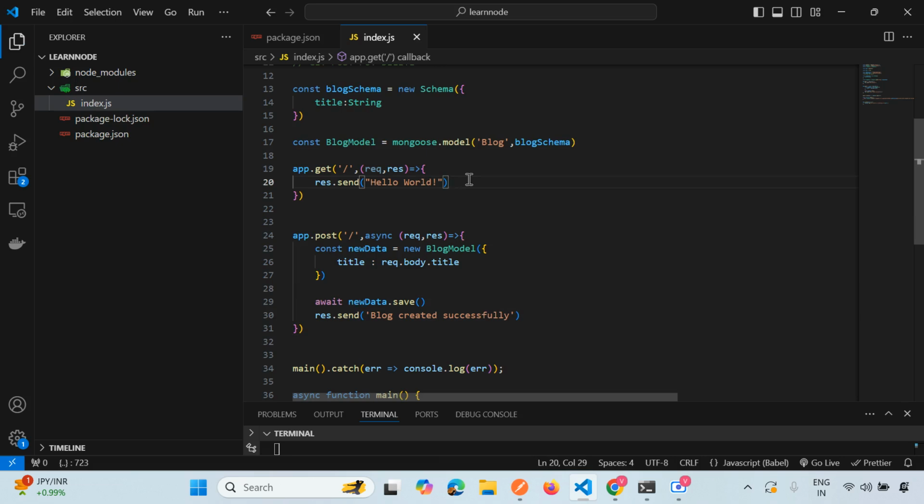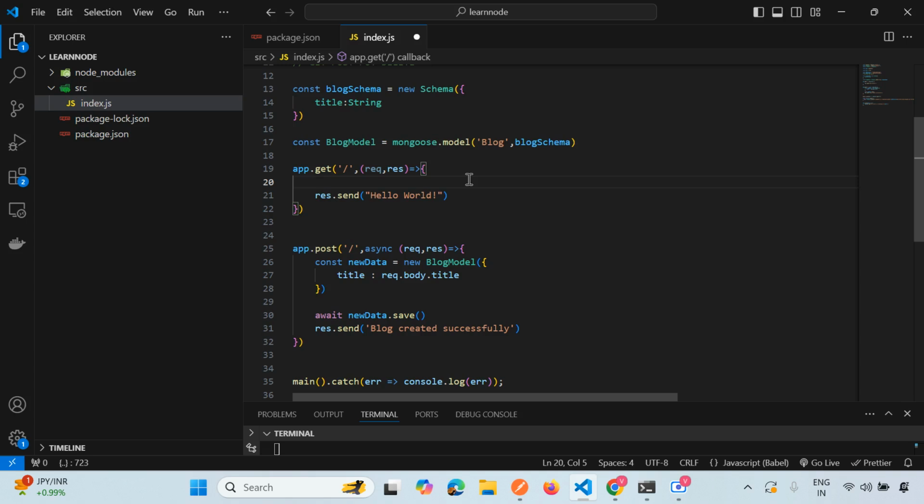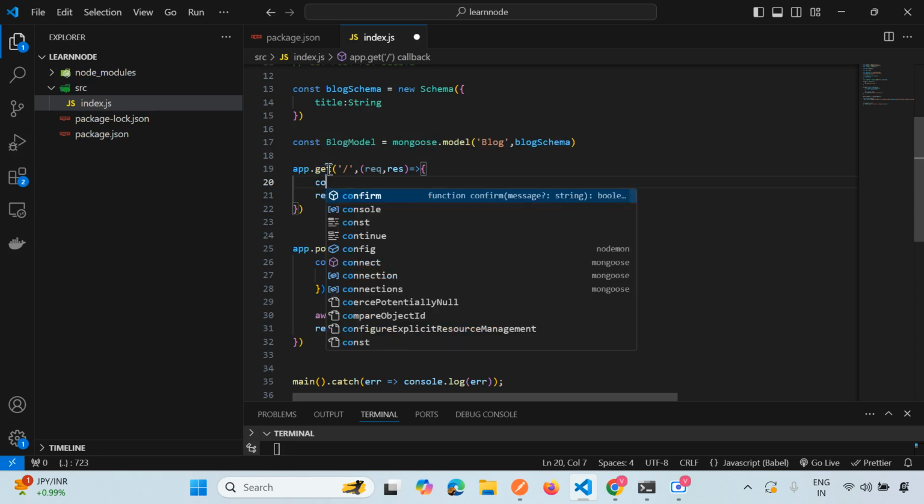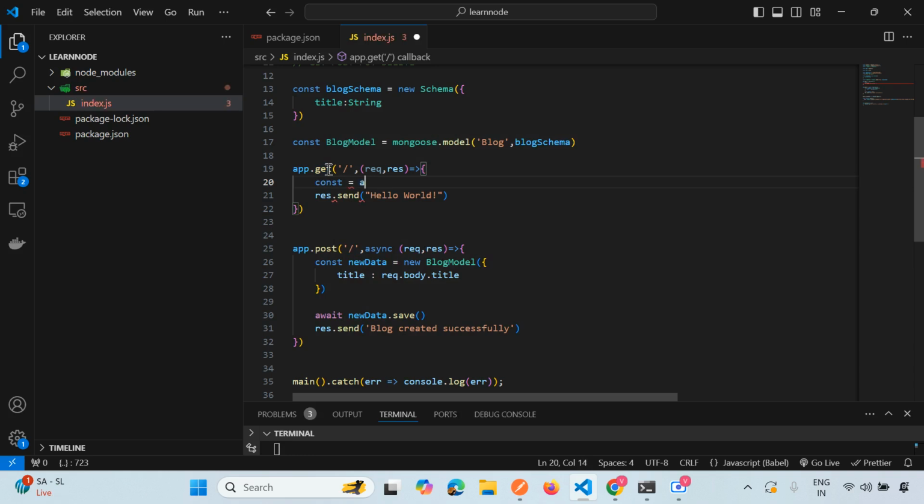Now here you are. A GET request means fetching from the database, right? So to do that, you can use this HTTP method known as GET. So you can await